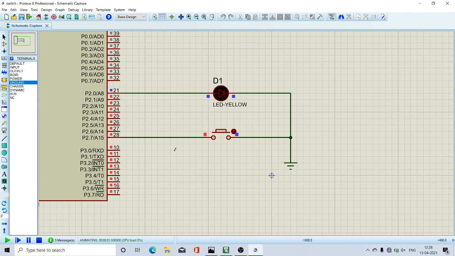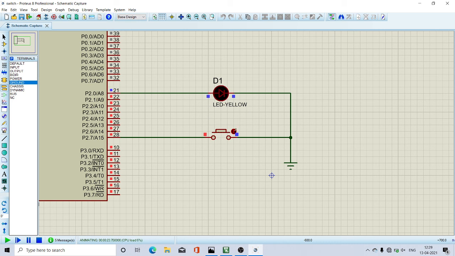Now I am pressing this switch, LED is on for 2 seconds and it is off. After 2 seconds of delay, the LED is going to off because the switch is not pressed. Since the switch is pressed one time, if I press, it is getting released. That's why the LED is on for 2 seconds delay and off. When I press the switch, LED should be on, and after 2 seconds it should be off.